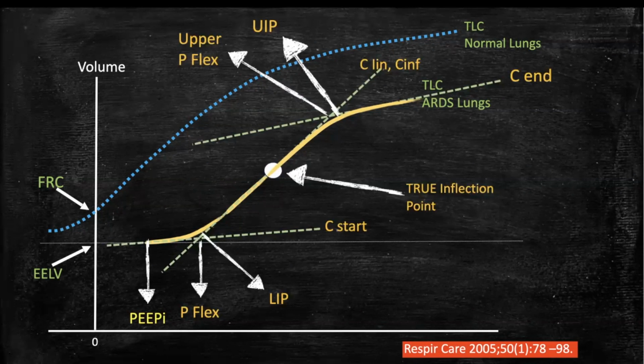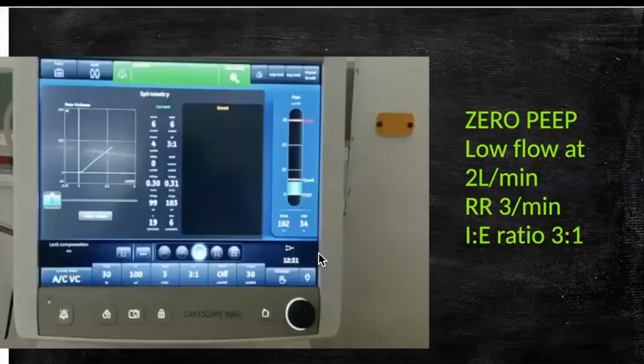Most of the experts believe that if your positive end expiratory pressure is titrated above the lower inflection point, you are safe. So there are three major studies, the Jesus Villard study and the Amato study in the 1980s and 90s, which showed that if you titrate your PEEP above the lower inflection point, it carries a better prognosis, and there are reasons for that. So this is how you measure the static PV loop at bedside.